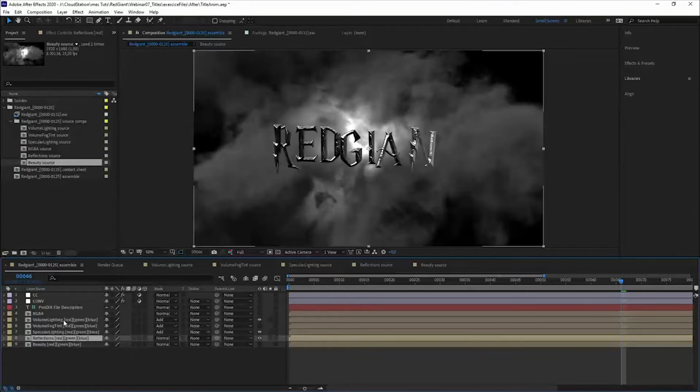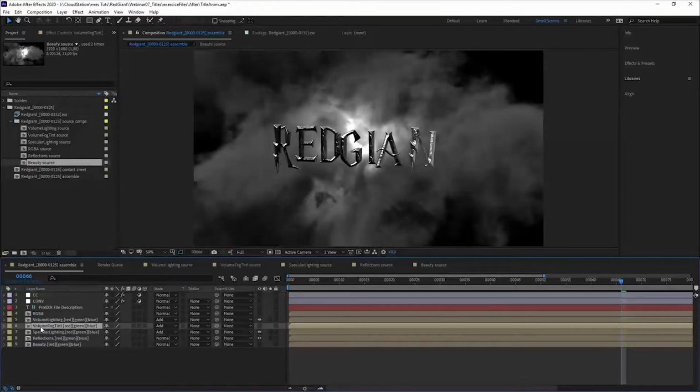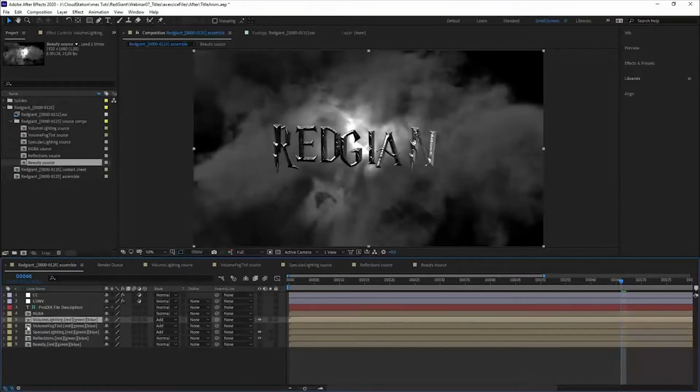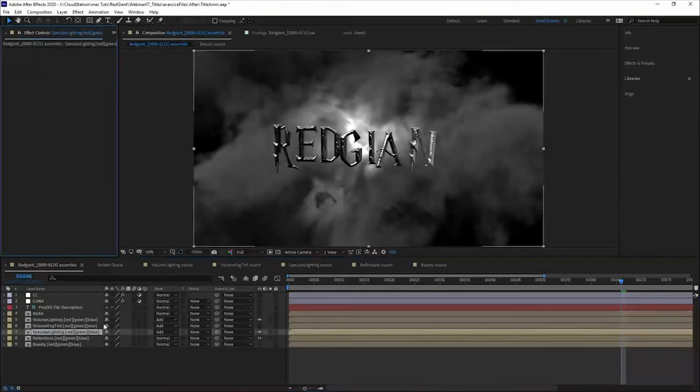And with only those layers here, we have everything. We don't even need the volume fog tint actually, because there is almost no tint inside this file, which is almost black and white. So in the end, we just use 3 different layers,